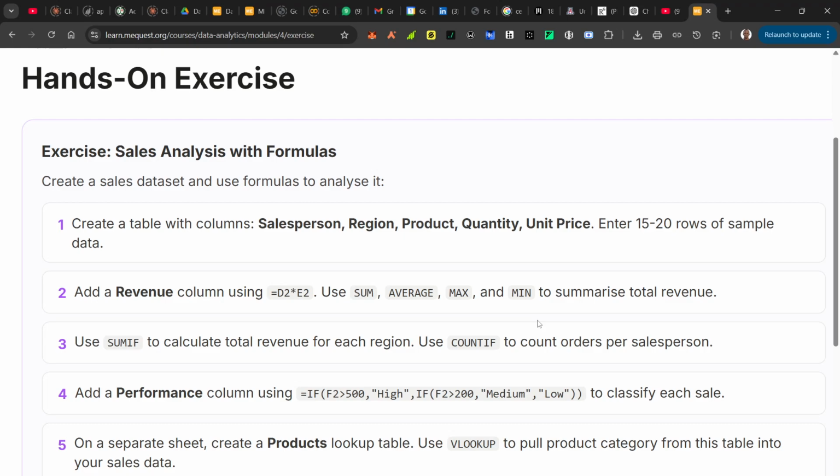Hey guys, today we'll be doing a hands-on. As you can see on my screen, it's a little hands-on exercise, sorry. And of course, it's a sales analysis with formulas. So we're trying our hands with formulas like sum, average, mean, max. This is just pretty easy stuff. SUMIF, using some conditional statements to add other columns, and of course applying VLOOKUPs to the tables